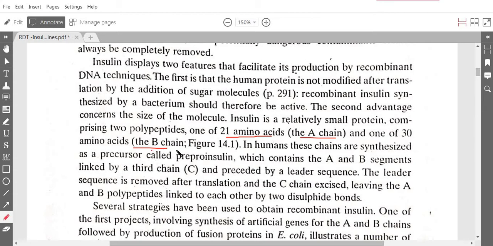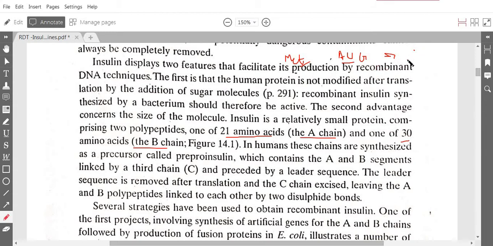And the size of the B chain is about 30 amino acids. So we know the sequence of the amino acids present in the B chain. So we can synthetically make the nucleotide sequence from these amino acid sequences. For example, if we know the A chain starts with the methionine residue, in that case the corresponding codon will be the AUG codon, and in that case you can easily make the sequence of the DNA. So this is the amino acid, this is the mRNA codon, and correspondingly the sequence of the DNA can be